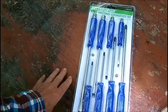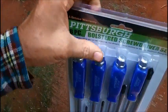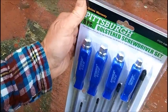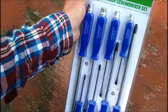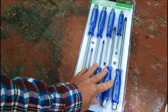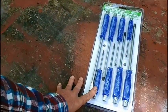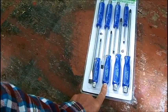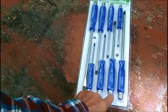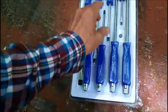These are the screwdrivers that I was saying that you put a wrench on, and they're called Bolstered screwdriver set from Harbor Freight, and I got a 20% off coupon. These were on sale. Nice heavy duty screwdrivers. I wouldn't expect high quality, but I was looking at the reviews, and the reviews look pretty good, but then when I keep going through the reviews, the older reviews gave real bad ratings because they said that these nuts that are on here, you know, these where you put a wrench on,